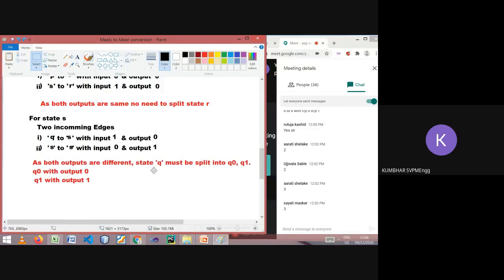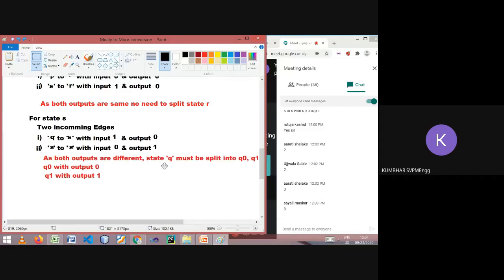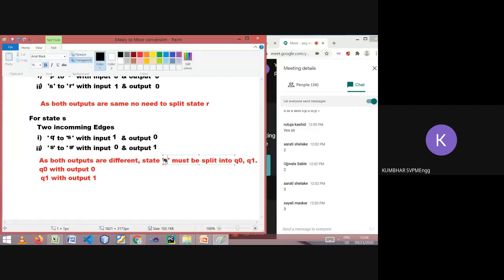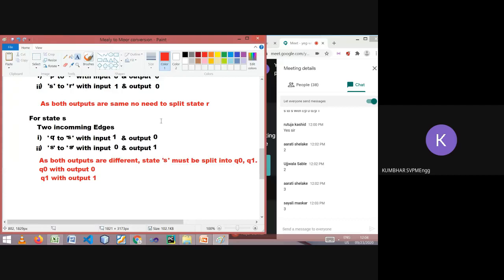So what we are saying is that the outputs are different. We are talking about the state S. So let me write S. State S must be split into, what names should we give here?